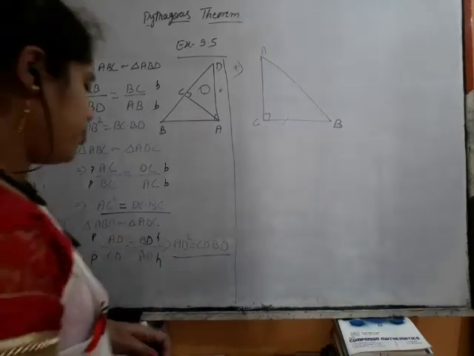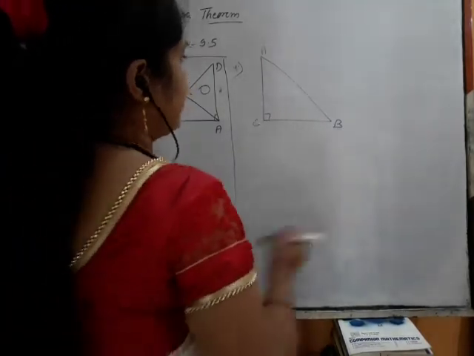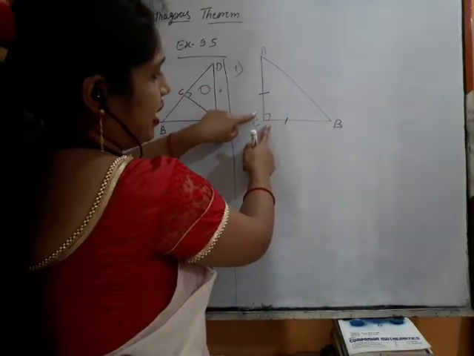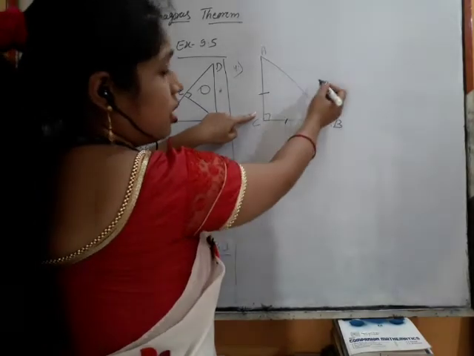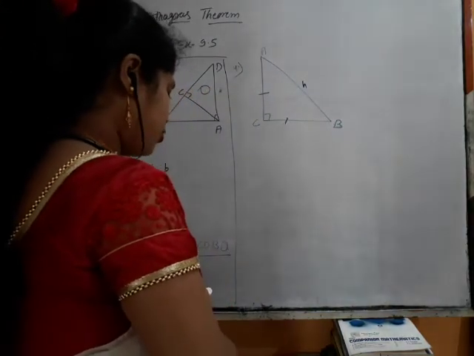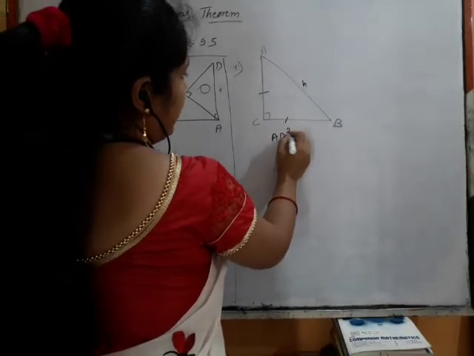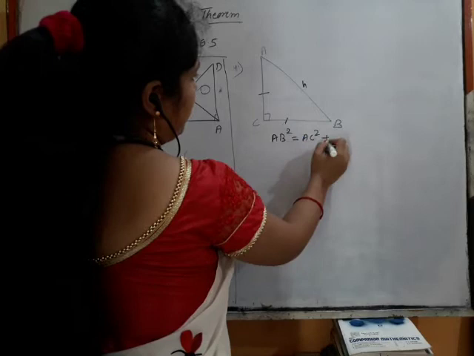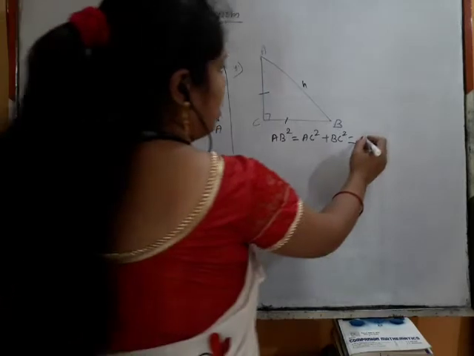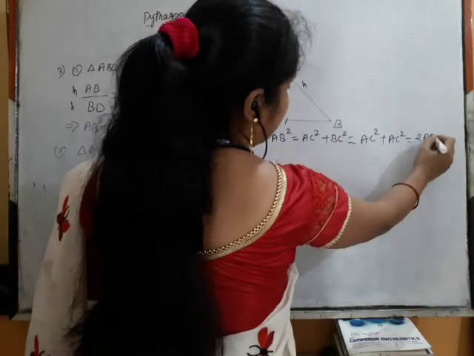Okay, now the question number 4. Question number 4, ABC is an isosceles triangle right angled at C. If it is an isosceles triangle, two sides are equal. Why these two sides? Because it is right angled at C. The side opposite to the right angle is the hypotenuse. So these two sides will be equal. So we have to show that AB square is equals to 2AC square. According to the Pythagoras theorem, this AB square is equals to AC square plus BC square. Since this AC and BC is equal, we can replace this BC with AC. So we have this 2AC square.